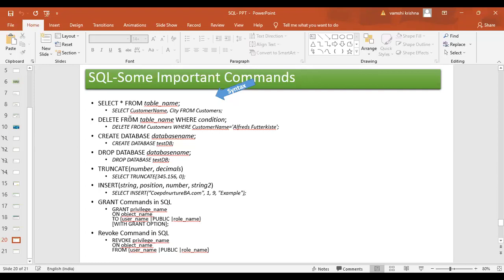Customer name and city are fields, and customers is a table, right? Yes, right. From the table called customers, I want two pieces of information, which are customer name and customer city.